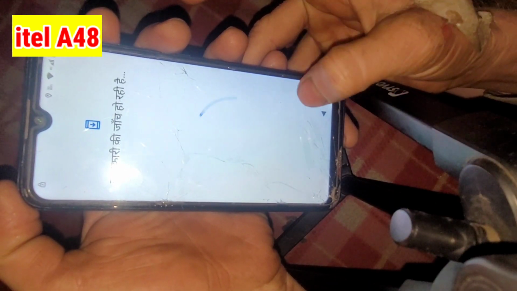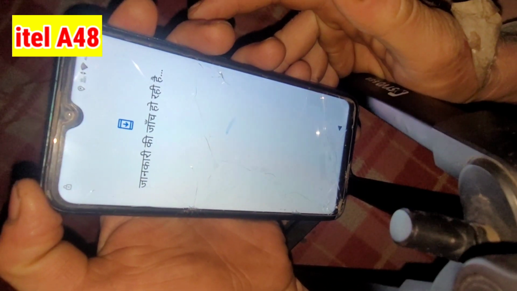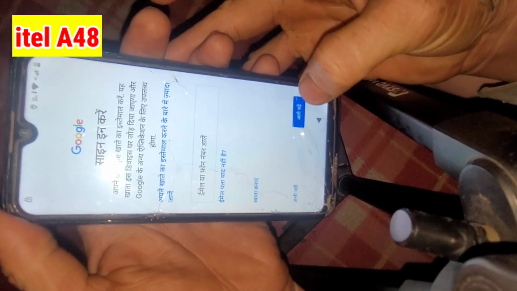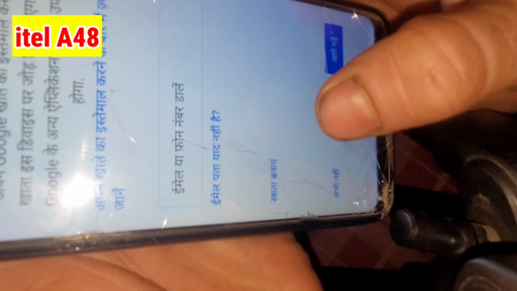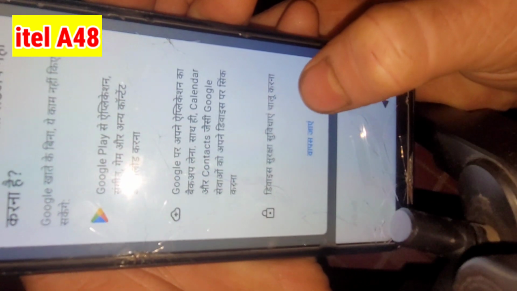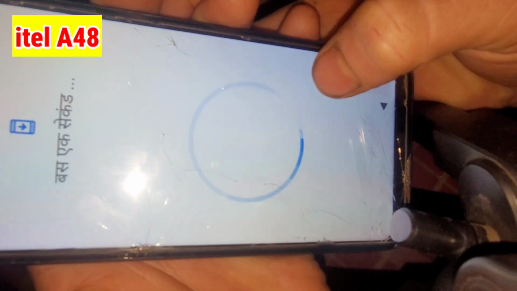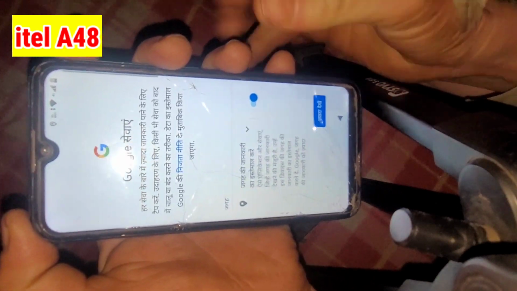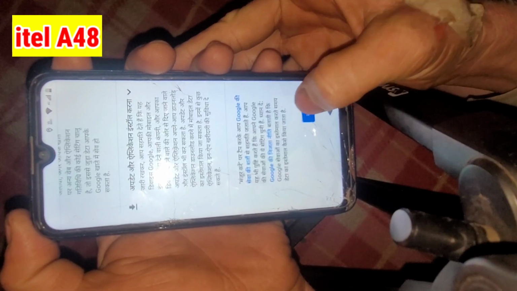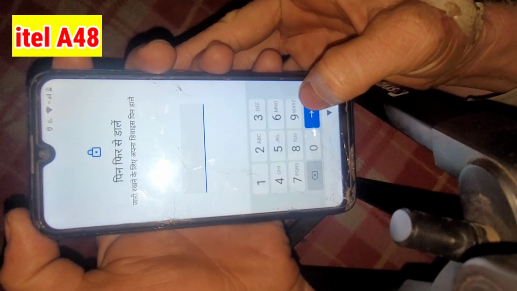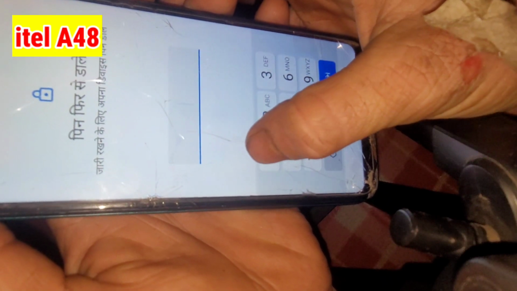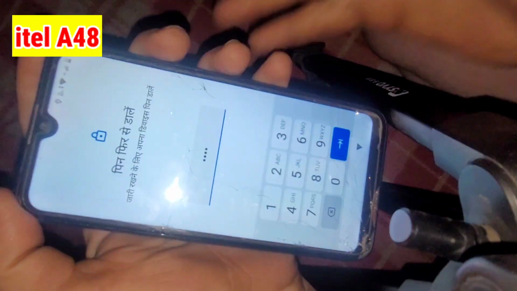I have set the PIN, enter PIN and next. And skip the email account, don't share the email account. Skip. Accept Google services. Accept all services and enter the PIN one time. Re-enter the PIN.